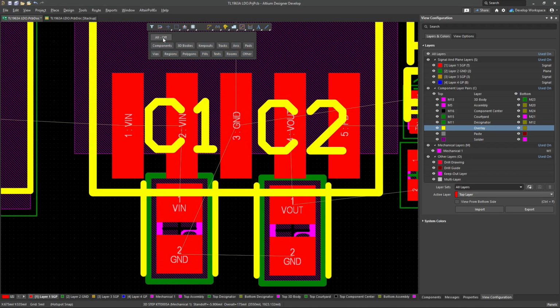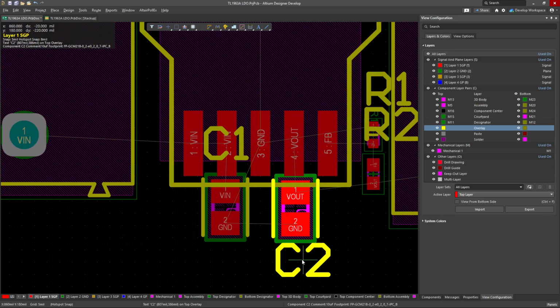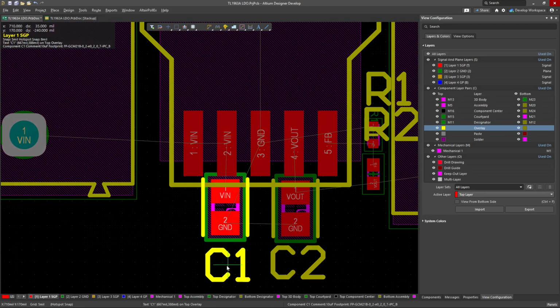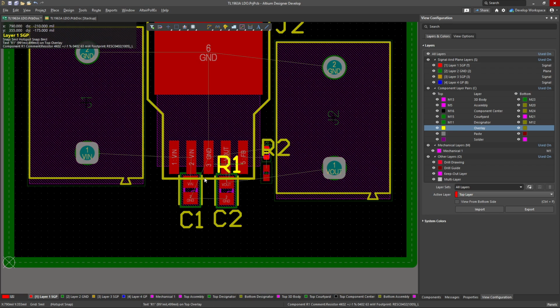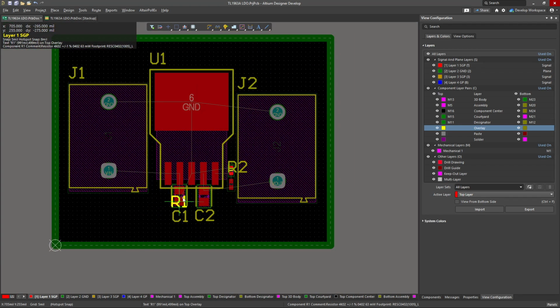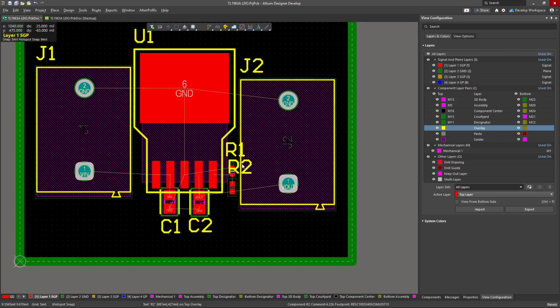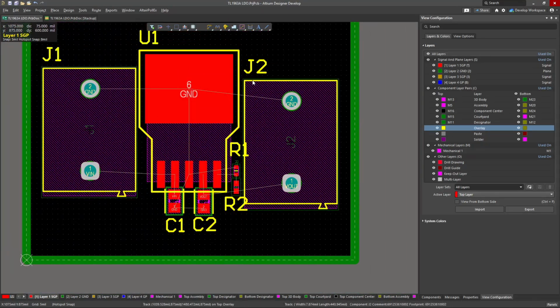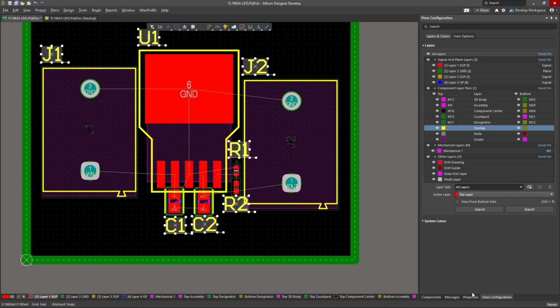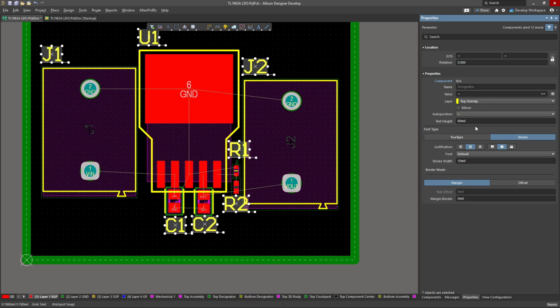All right, now let's do a filter for silkscreen text. With filter, you click on filter, custom, turn everything off, text only. That allows you to select your text. Notice that my component is highlighted. When I have selected text, I'll do Control A, select all my text, then go to Properties, change the text